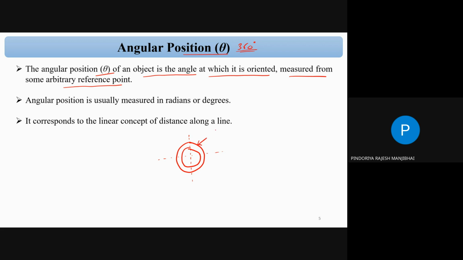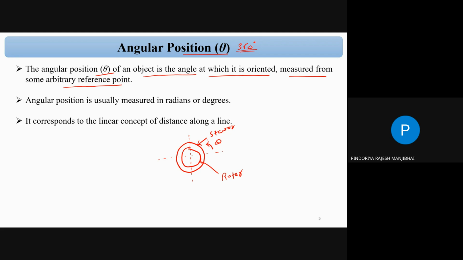So we can say this is the stator, and this part is the rotor, and this one is our reference axis. Suppose the motor is rotating at omega speed. The angular position we can say theta, it is rotating